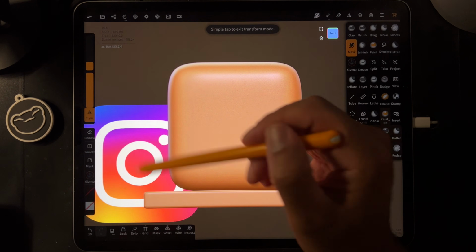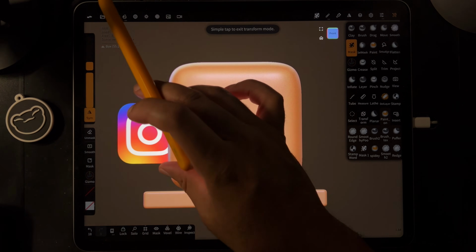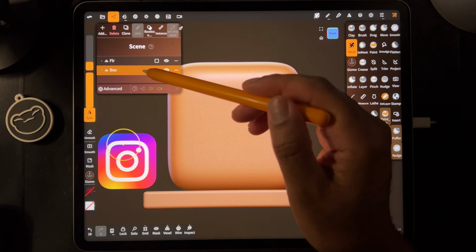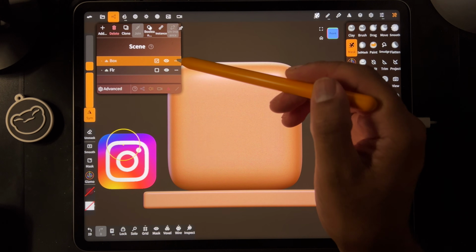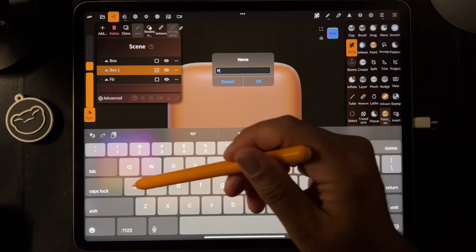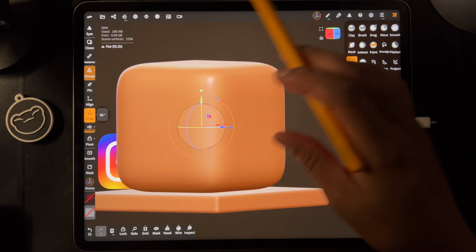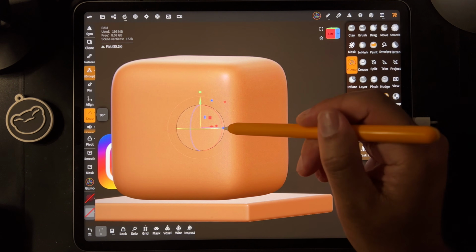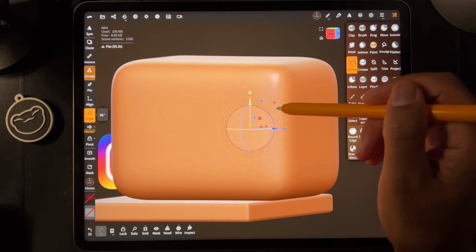I'm going to hit transform. Make it smaller. And just put it right here. Let's take the box. I'm going to drag it up here. And just clone it. I'm just going to rename it flat. Okay, so let's move flat, turn it to the right, and I want to take this out and make it